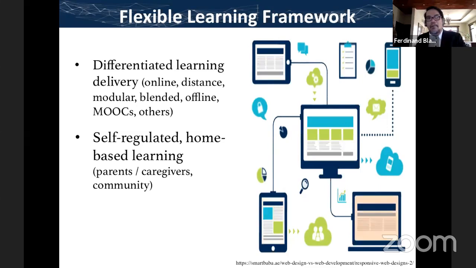Ayan. This is the hot topic now, self-regulated, home-based learning. So ngayon, nasa home-based, or we are working from home, our students would be in home-based learning. So there should be a parent or any caregiver that should be a co-teacher inside the home. Learning institutions, especially in K-12, would have to orient these parents and caregivers on how to do home-based learning, on how you could maximize home-based learning, on how you could put routine to our students inside the home and devote